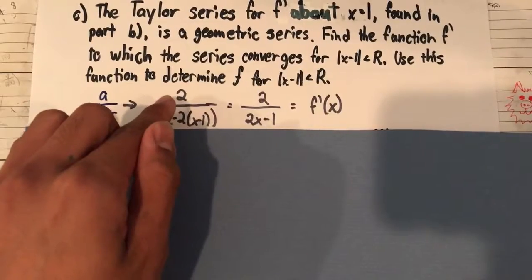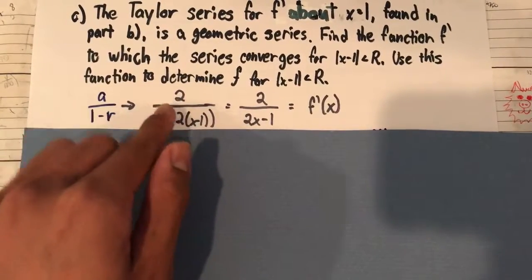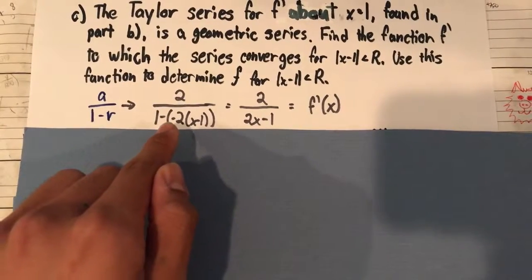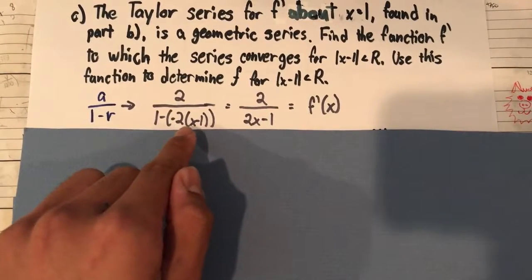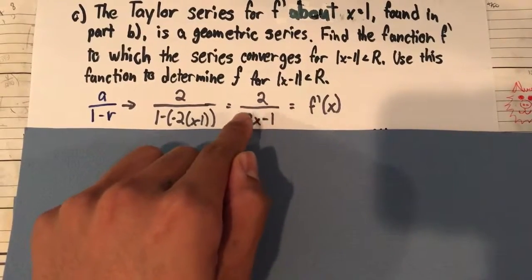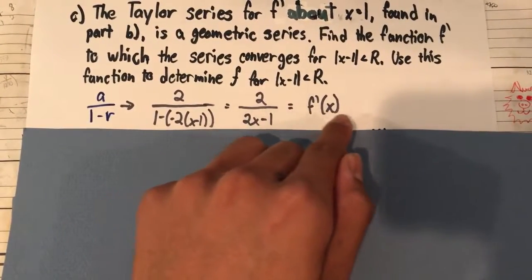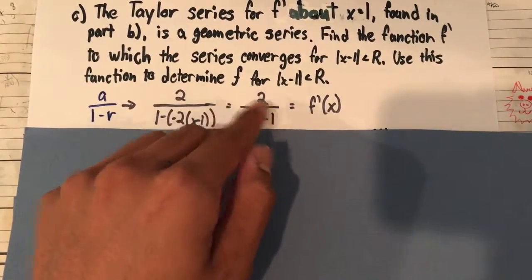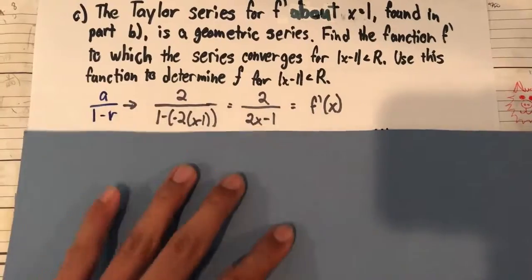So from part B, we know that a, the first term, is equivalent to 2, and the ratio is, in this case, -2 times x minus 1. And once you simplify this all out, you end up getting 2 over 2x minus 1 is equivalent to f prime of x. Now, since it wants f, or the antiderivative of f prime of x,